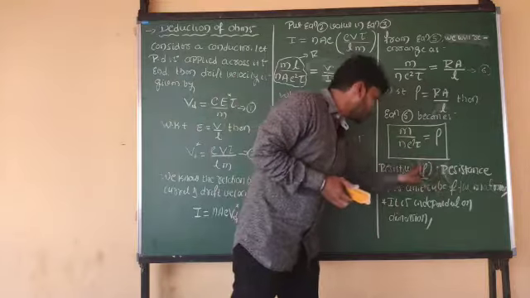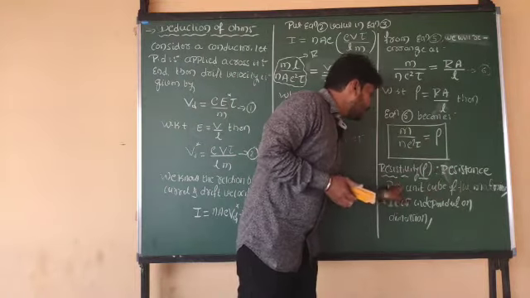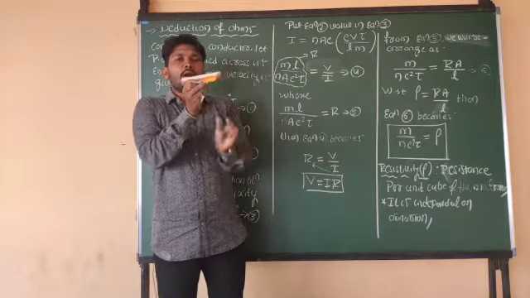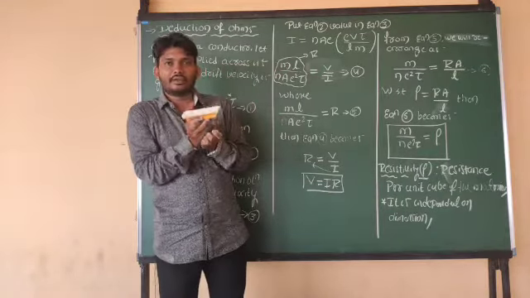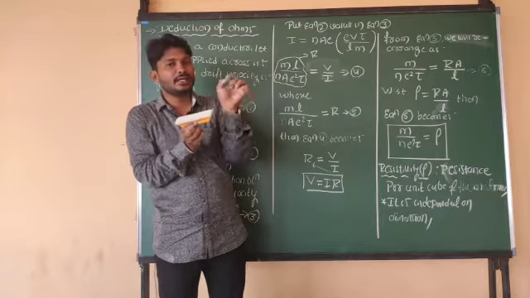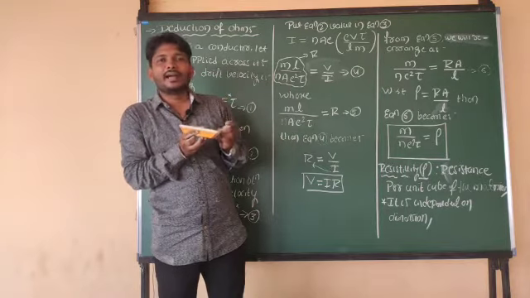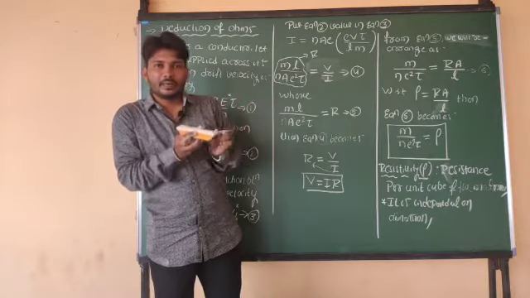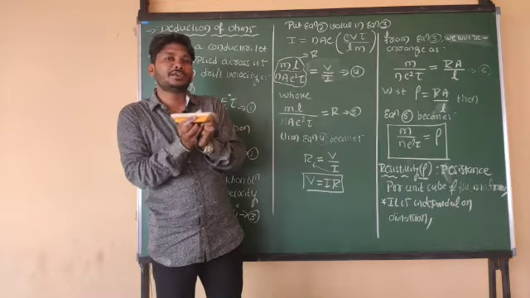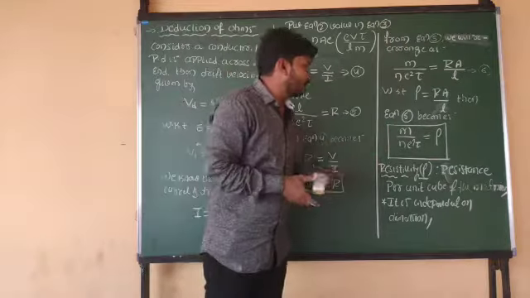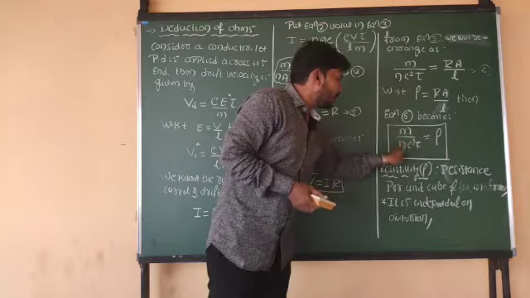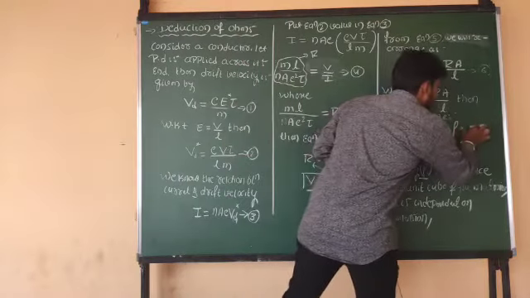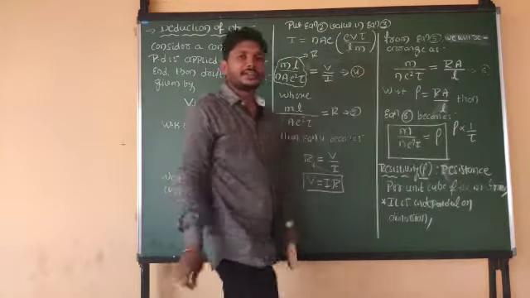Why? Because resistivity is nothing but resistance per unit cube of the material. So out of this entire conductor, 1 meter cube, how much resistance does it offer? That is resistance per unit cube. So it is independent of length and area of cross section of the wire. It purely depends only on the nature of the material. Look here, rho is equal to m divided by n e square into tau. So resistivity is inversely proportional to relaxation time.